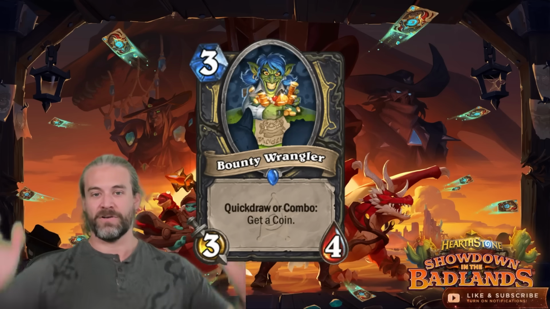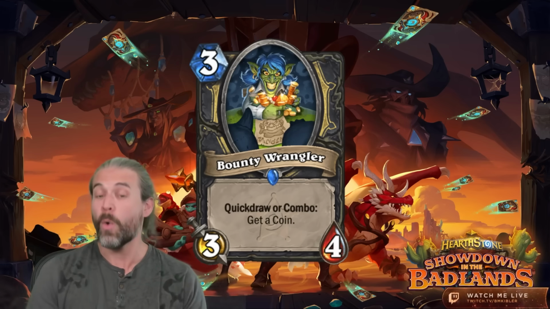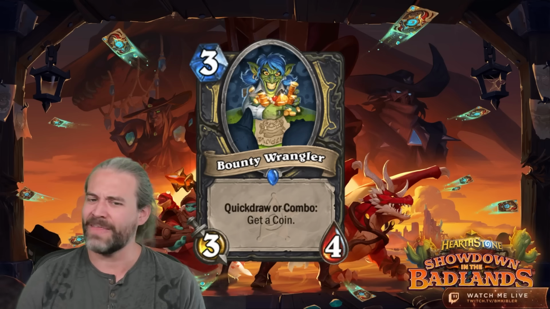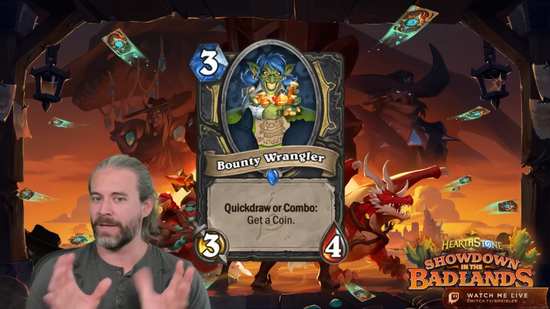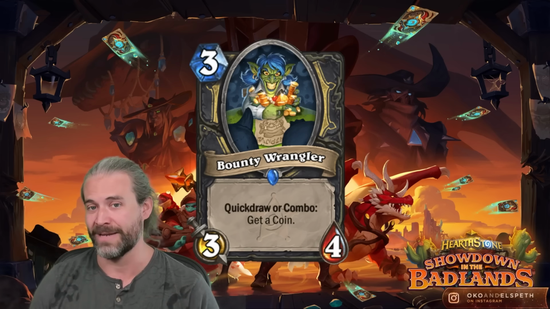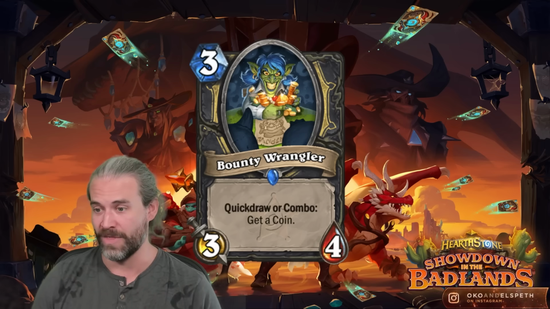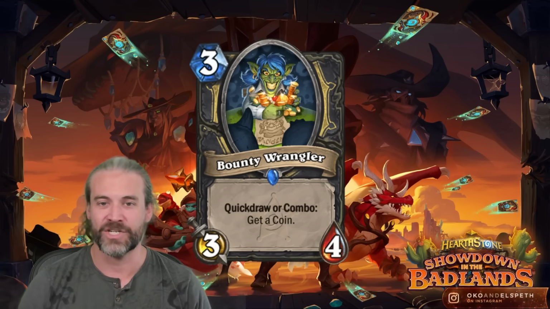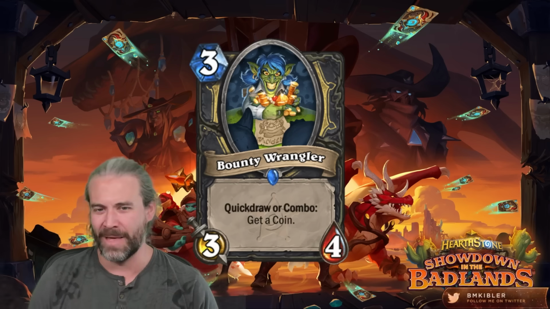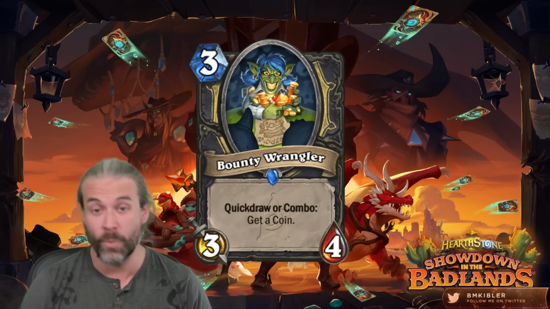And speaking of cards that give you coins, Bounty Wrangler. 3 cost 3/4 with quick draw or combo, get a coin. So it's unclear to me looking at this whether you can potentially get 2 coins if you combo it the turn that you add it to your hand. My guess is that the "or" means no, that you can only get 1, right? That if you Shadow Step this and play it, you only get 1 coin, which is a little bit unfortunate. But again, it's not 100% clear. I think it's max 1. Either way,